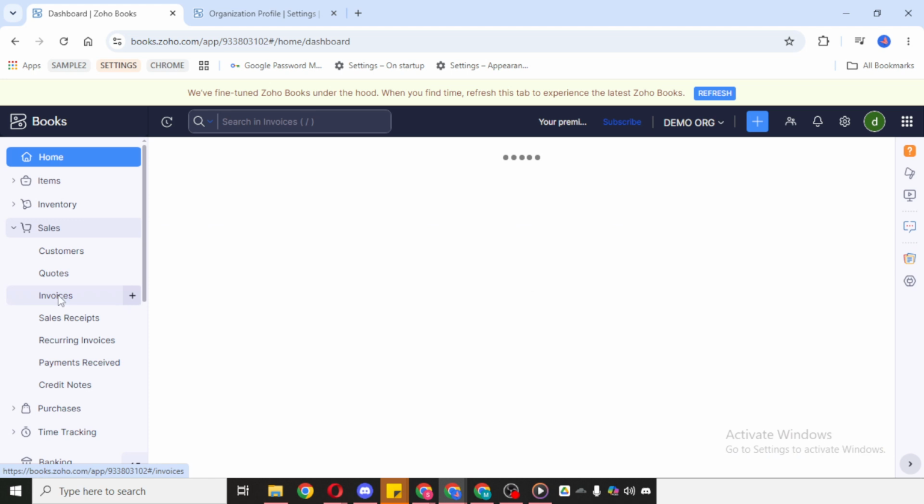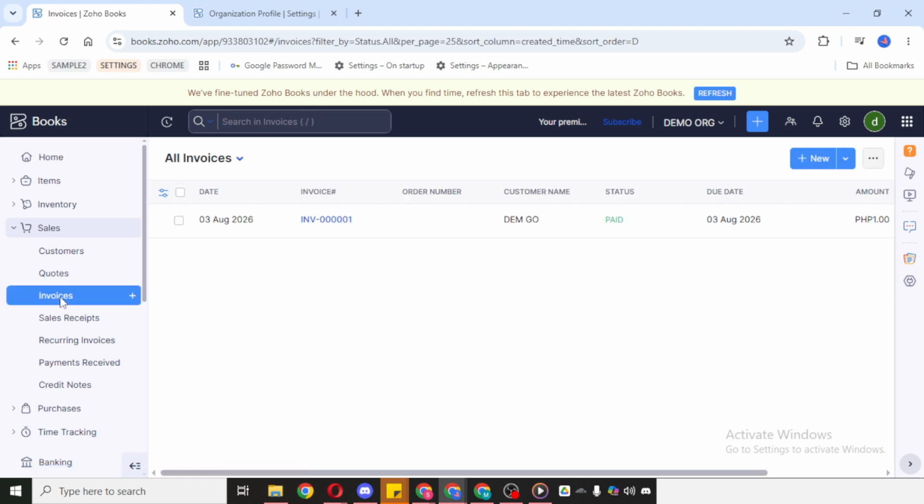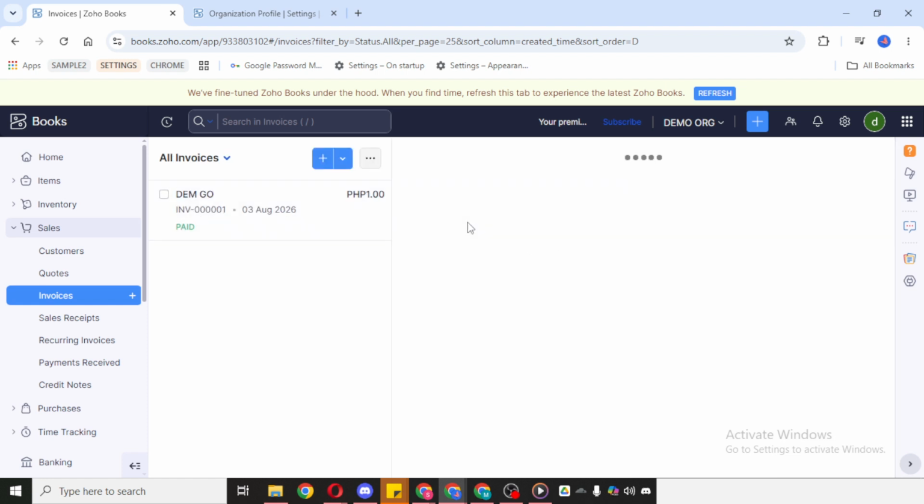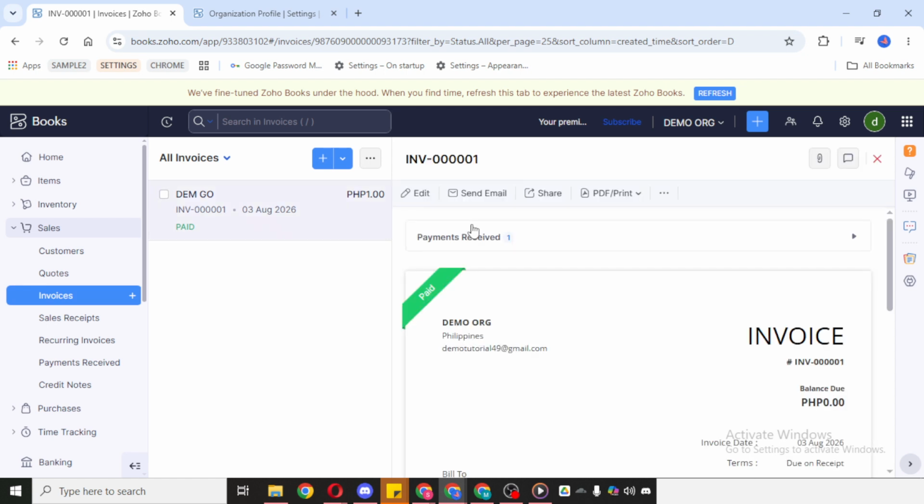Take a moment here to find the specific invoice you want to work with, since the delivery note will be generated from that record. If you have many invoices, it may help to use the search or filter options to locate the right one more quickly. After you find the correct invoice, click on that specific one to open it. This is important because you need to be inside the invoice details before you can access the print options related to that transaction. Make sure you've selected the right invoice, so the delivery note matches the customer order and shipment details you want to provide.